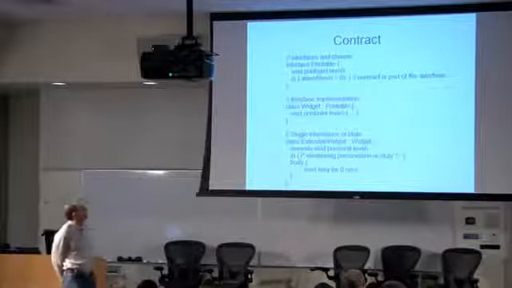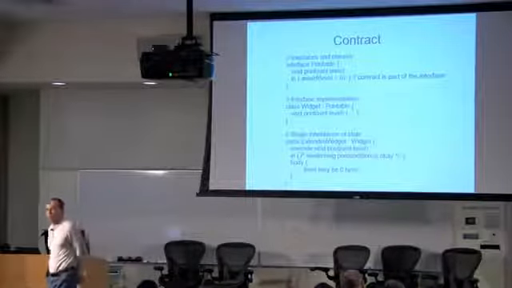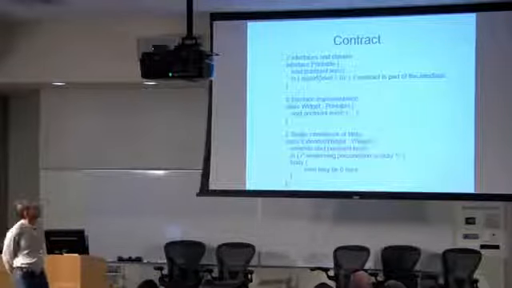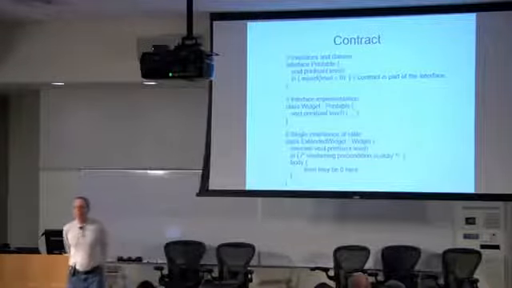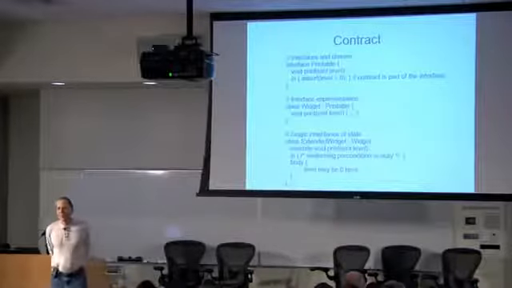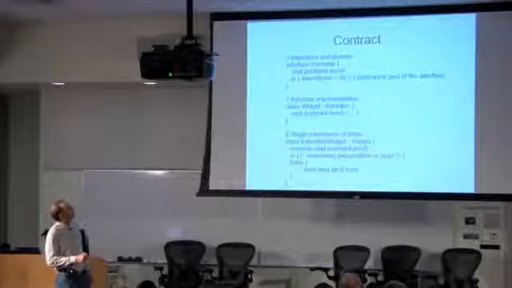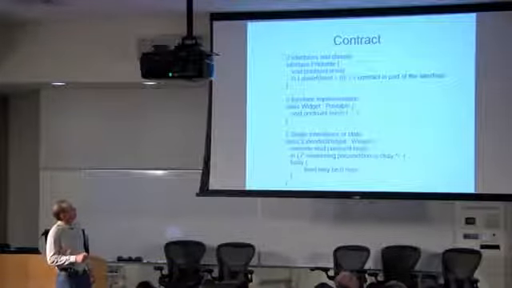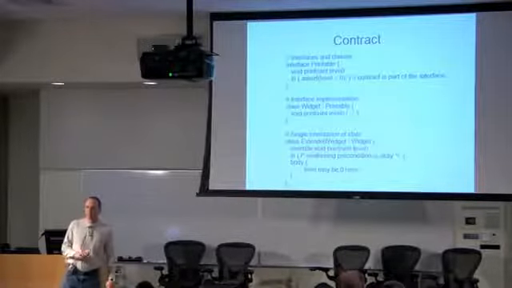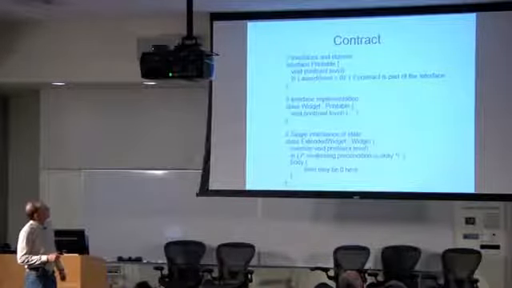Okay, it also has contract programming. What contract programming is, you can put assertions on a function entry and a function exit. And the entry functions are called the requires clause, and it's indicated by the in keyword. And you can use that to do runtime tests of your input parameters. And the contract forms part of the interface.